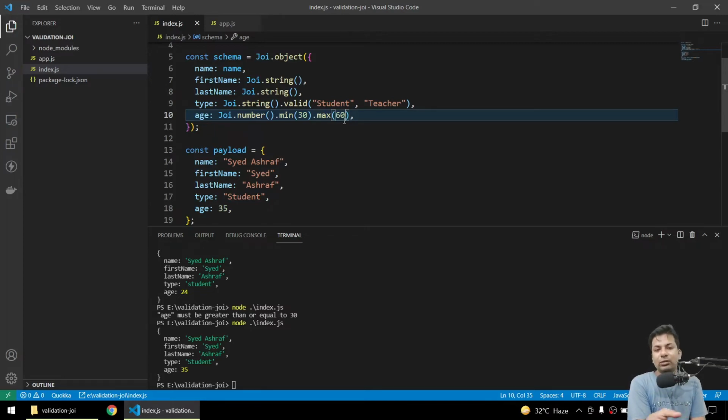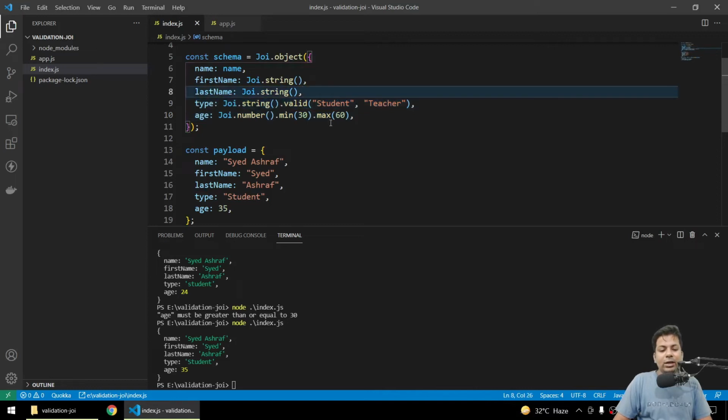For the student, I want to put another validation, like it should be less than 30 years of age. So you're getting my point? Teacher should be greater than 30 years of age, student less than 30 years of age. So I have to put both validations in the age depending on what I get in type. If student, run this validation, if teacher, run this validation. So we can do it like this.